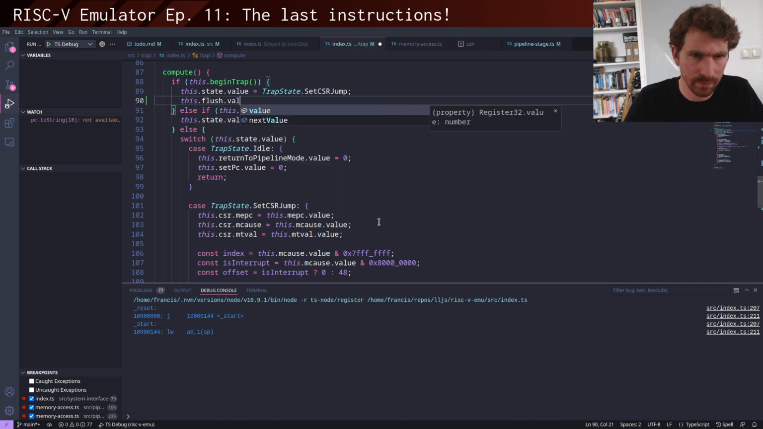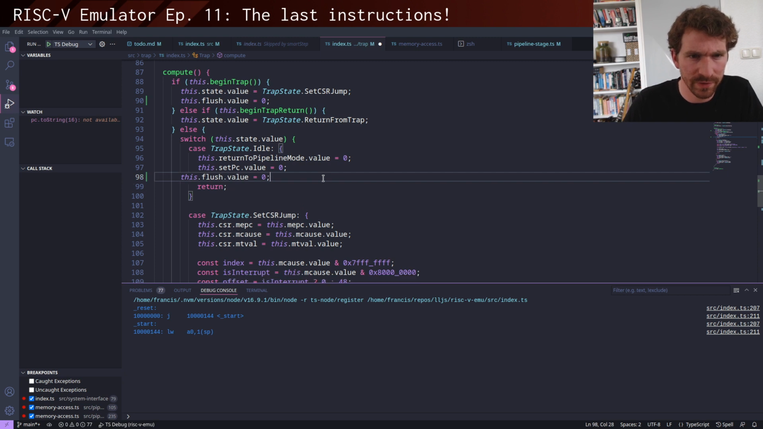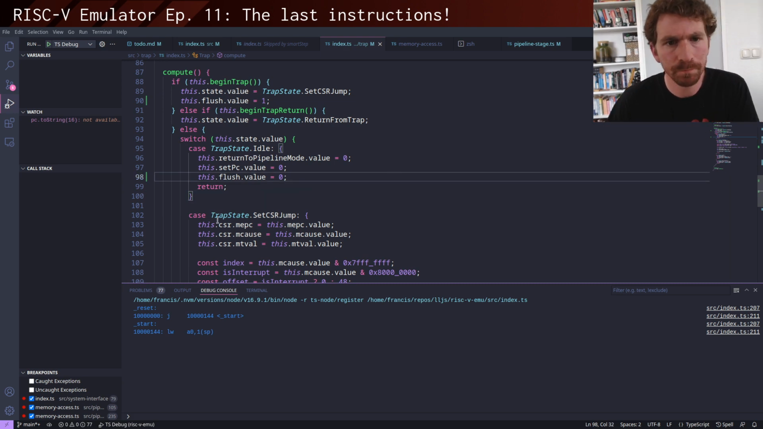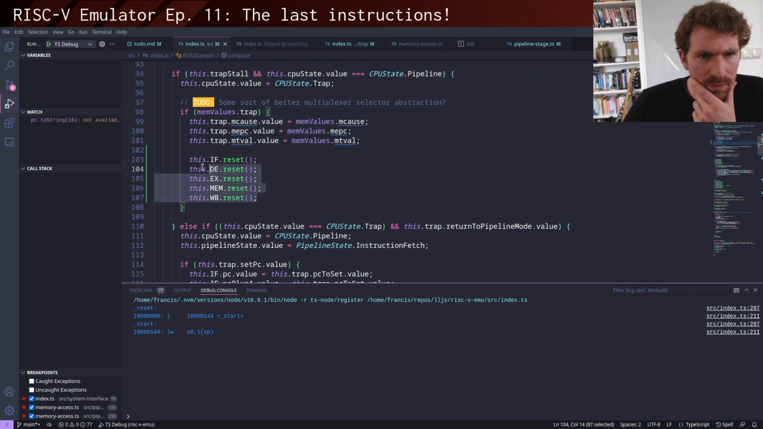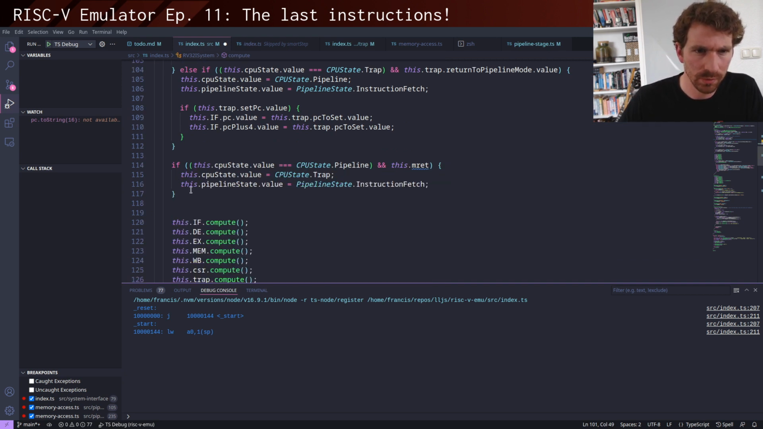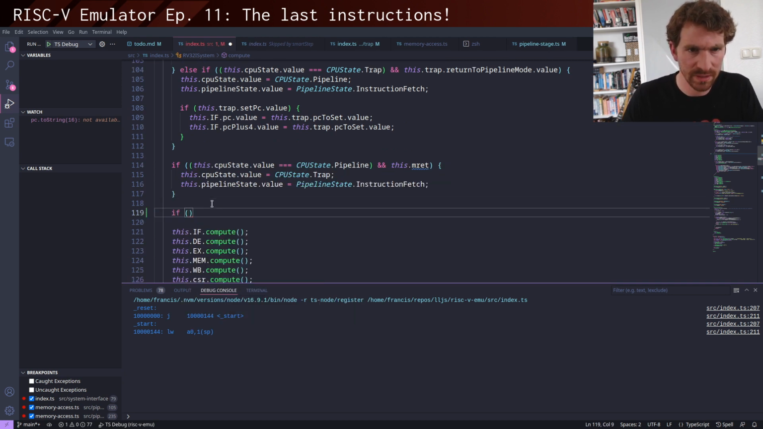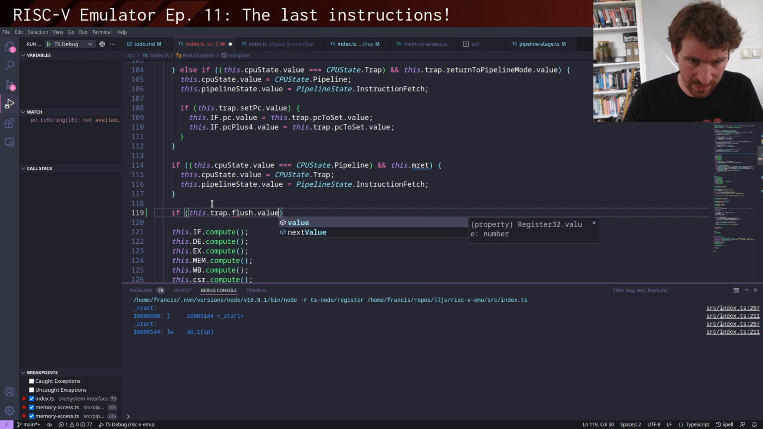Will this be adequate? So that's if we're beginning the trap, and then basically any other idle time, we actually want to reset that signal because we don't want to flush all the time. So that's that. And I guess what we could do realistically is just decouple all of this. So we'll just make it an additional step down here. So if this dot trap dot flush dot value,